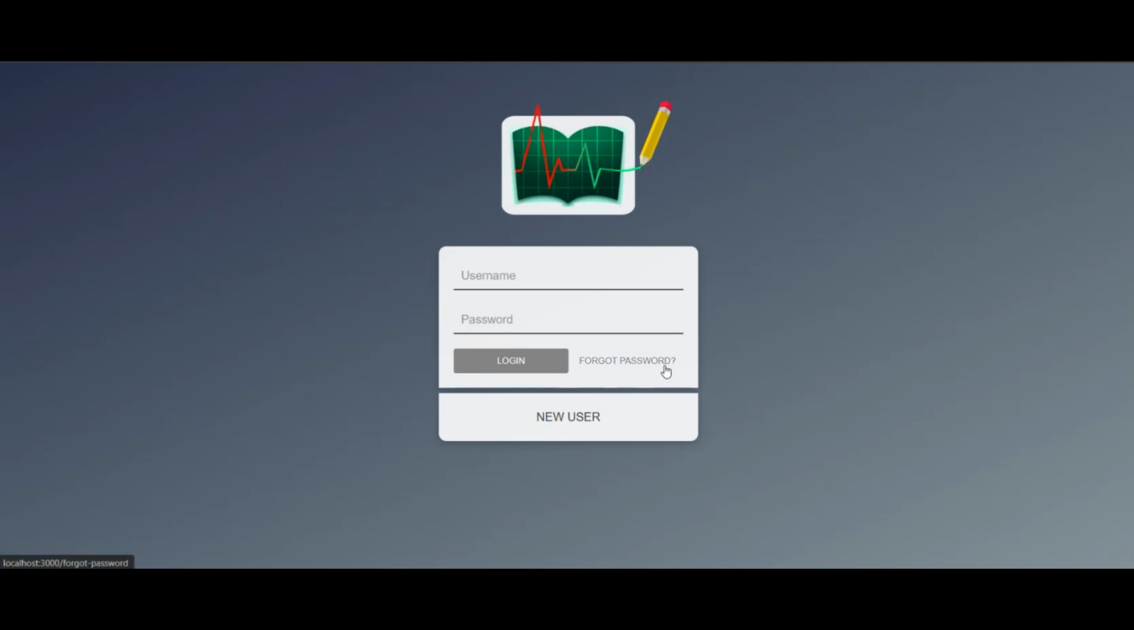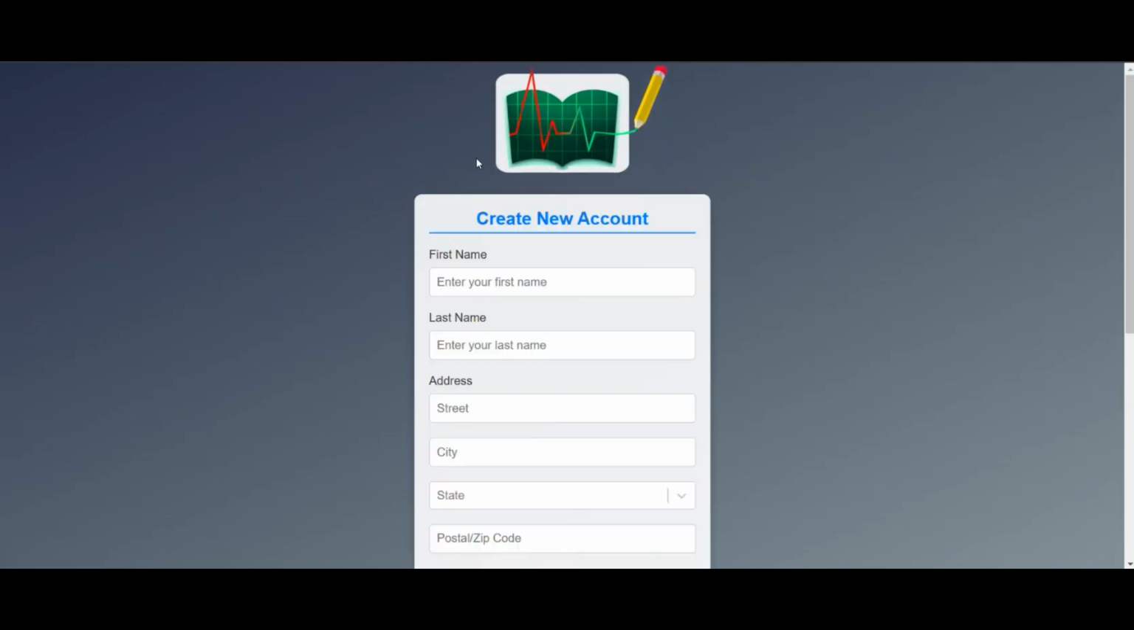A forgot password option is here for any existing user who has happened to forget their password. They can go ahead and change it through this process, which we'll see in a moment. And there's also a button down here for new users to register to the system. So if we are a new user coming to the system, we'll come here and then we'll be brought to